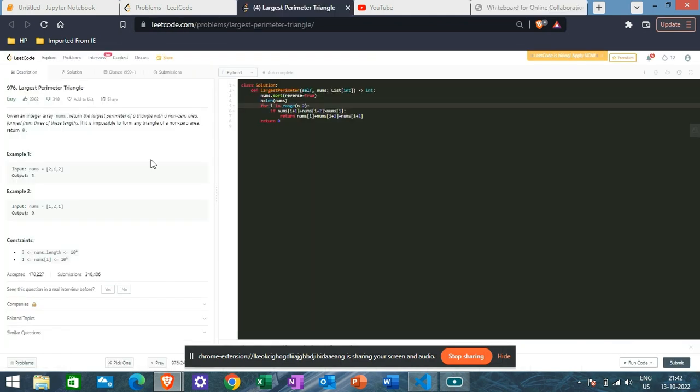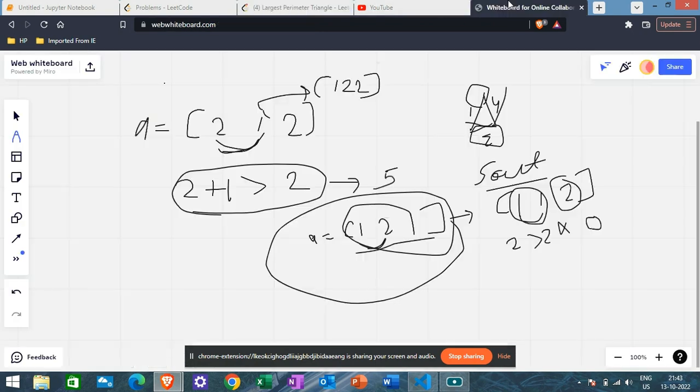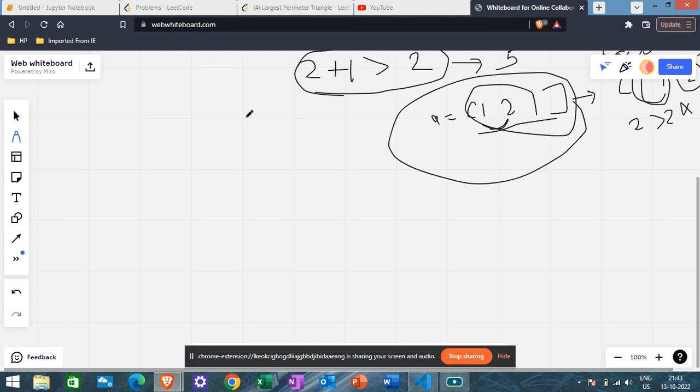So the problem says that if it is impossible to form any triangle of a non-zero area, then we are going to return 0. Okay, if it's possible, then now the simple approach that I told you. Like another example, to make it more clear and understandable, I'm going to take a is equal to 1 2 1